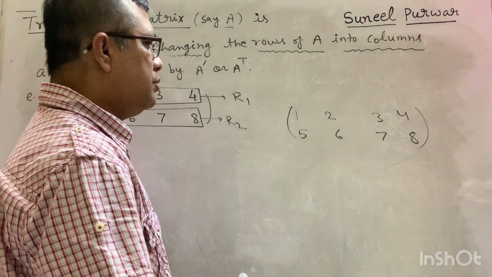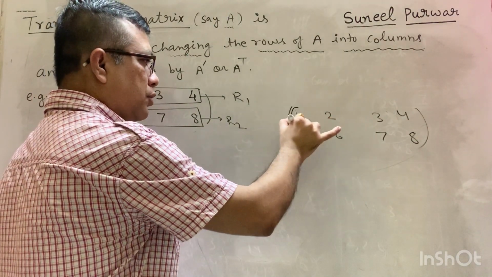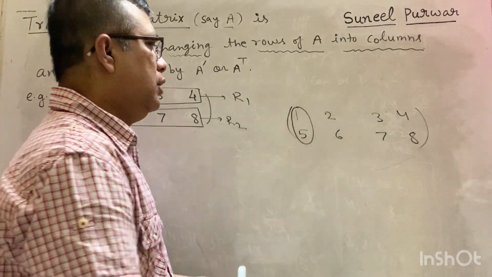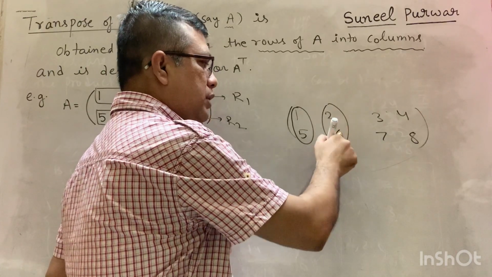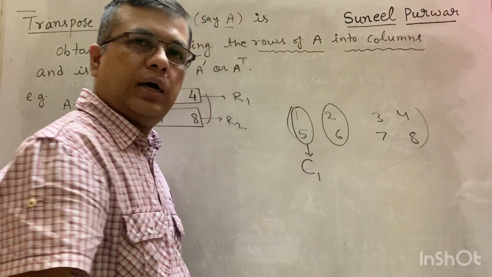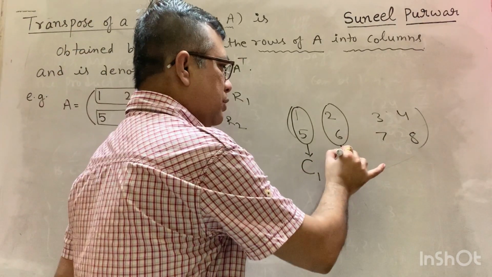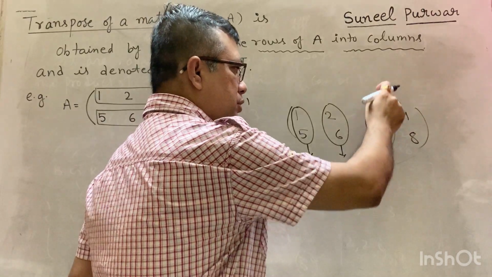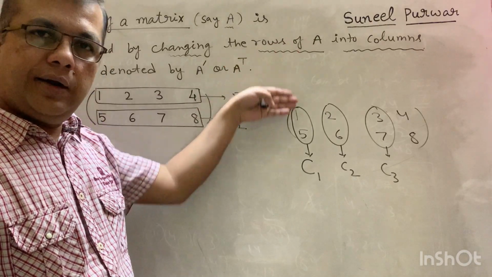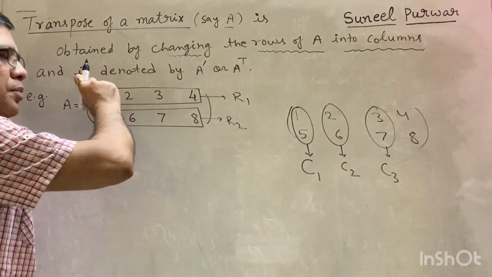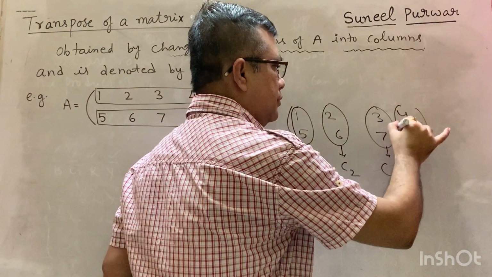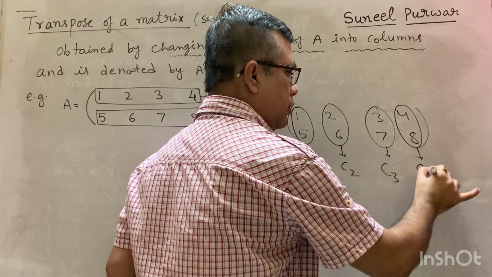If we talk about columns, we have to see columns vertically. So the first column is 1 5. What are the elements of the first column? 1 5. What are the elements of the second column? 2 6. As you are aware, we use C1 as the notation for the first column, C2 for the second column, and so on. This is your third column. Columns have to be seen as the vertical entries, and rows have to be perceived as horizontal entries. So these are our columns. This is the fourth column, C4.